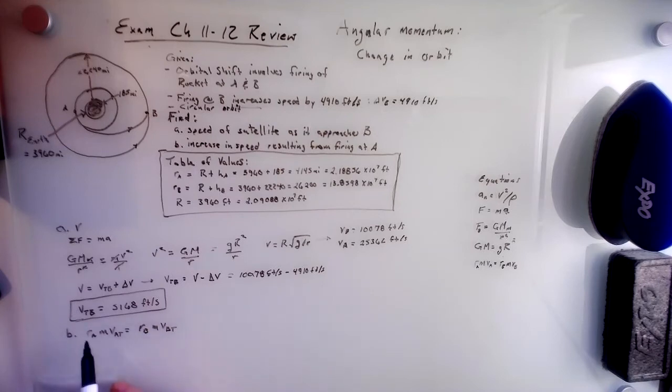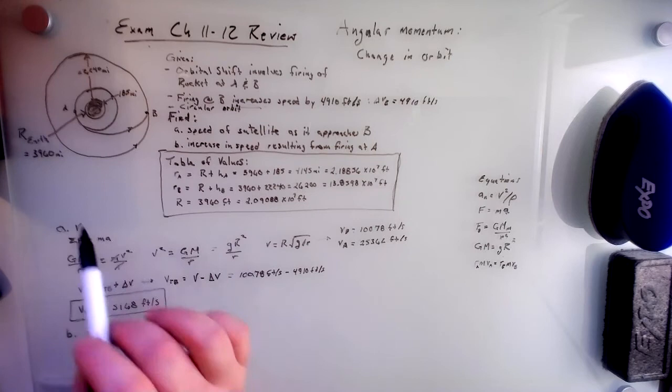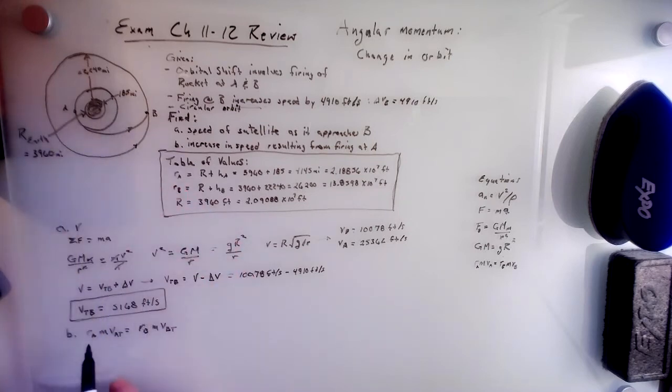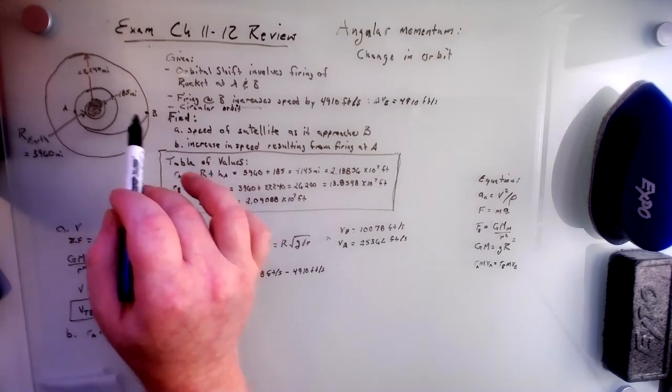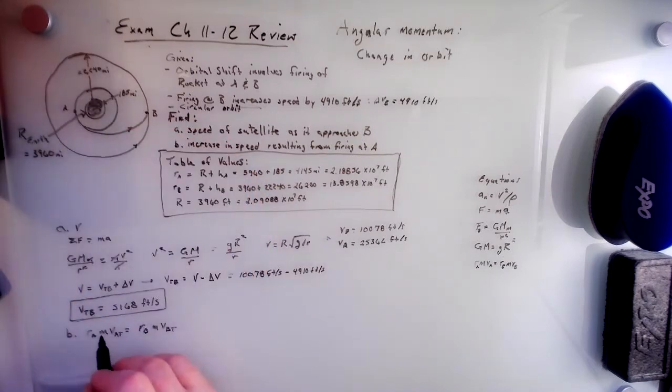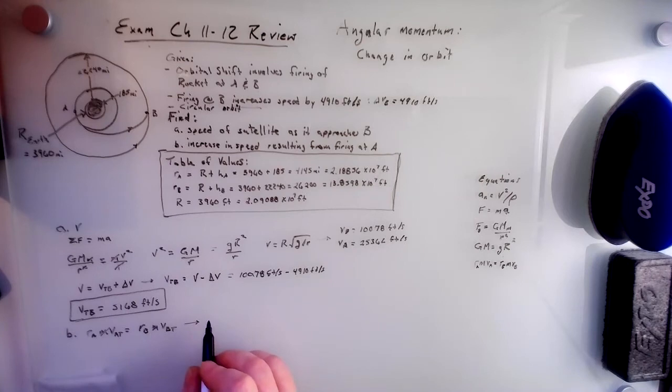And the radii are going to be specific to the endpoints, right? So RA is here, RB is here specifically, and we can cancel those masses. What are we interested in? We're interested in the speed. So we have VBT, we need VAT. So if we just rearrange the equation, then VAT equals,